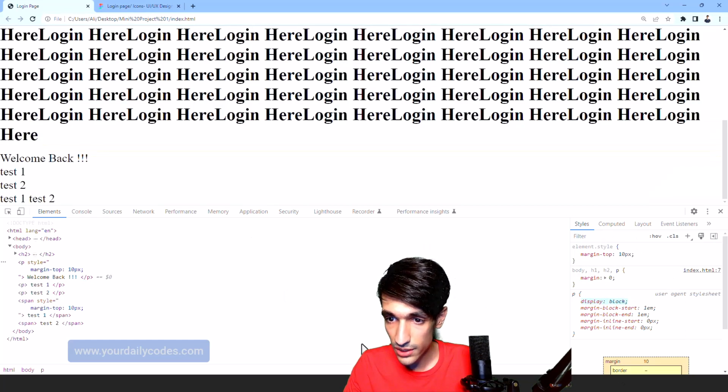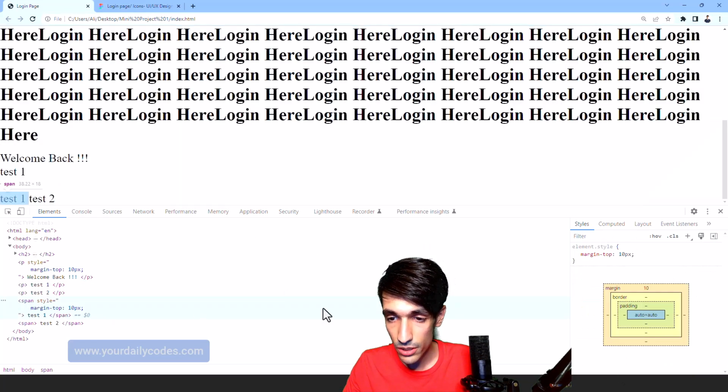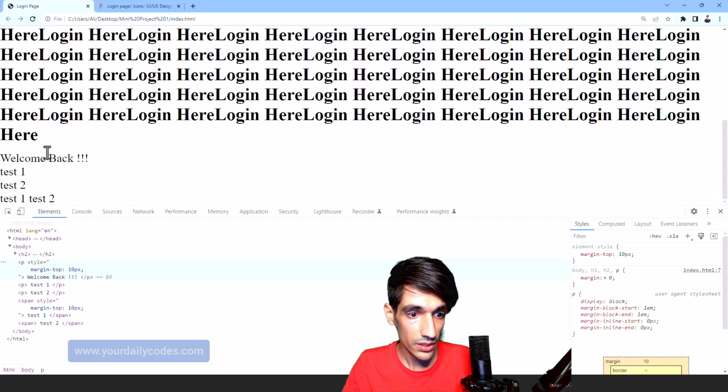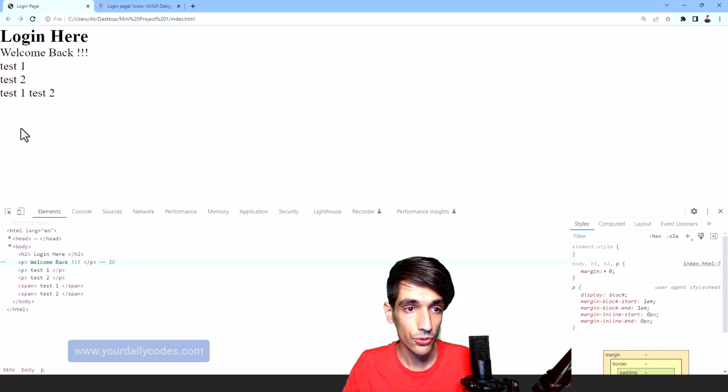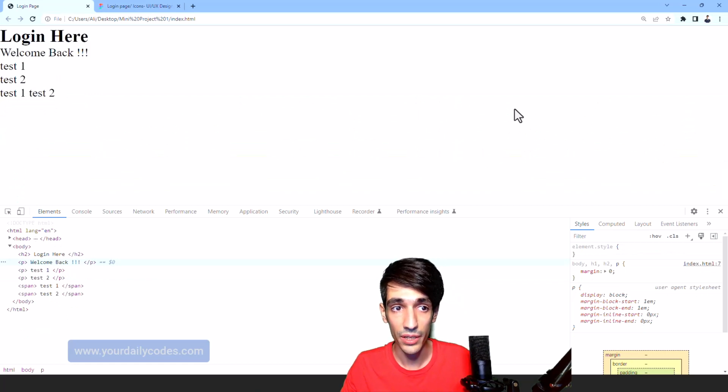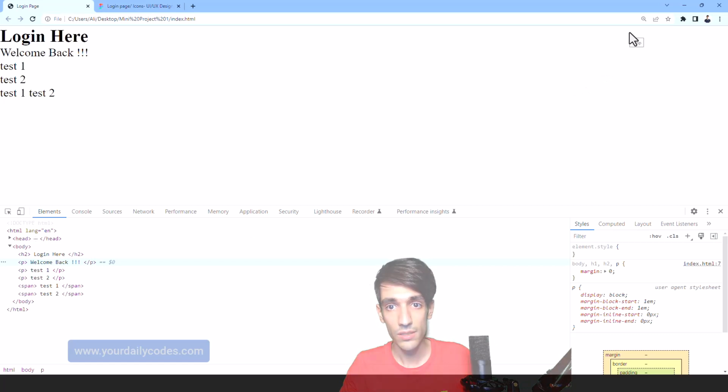As you can see, this inspect element tool lets us change and customize things without going to the code, but it's just temporary. For example, I gave a margin top to this p tag, but it's temporary. When I hit refresh, they all go away. These inspect element changes are temporary. So that's it for this session.